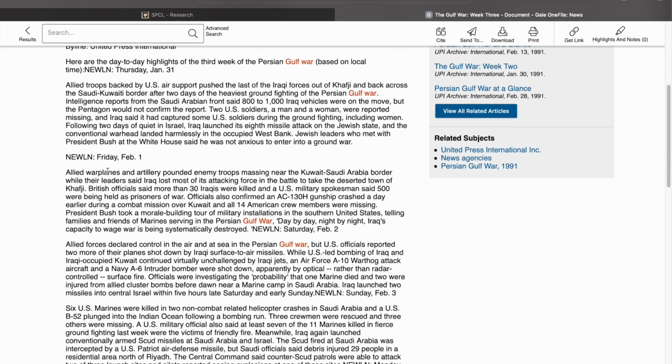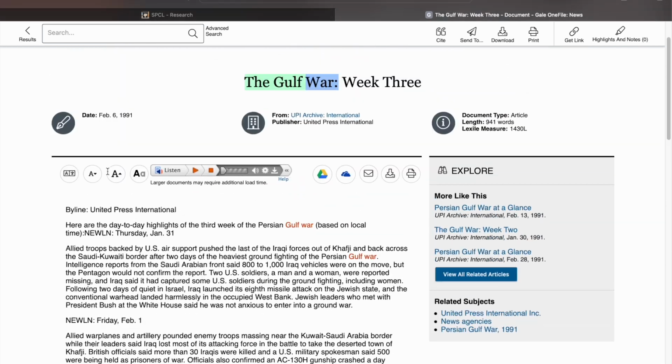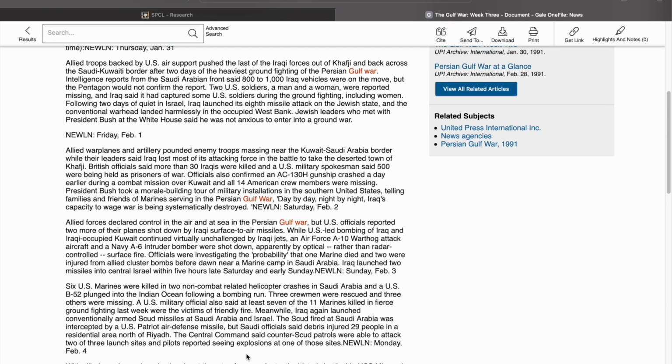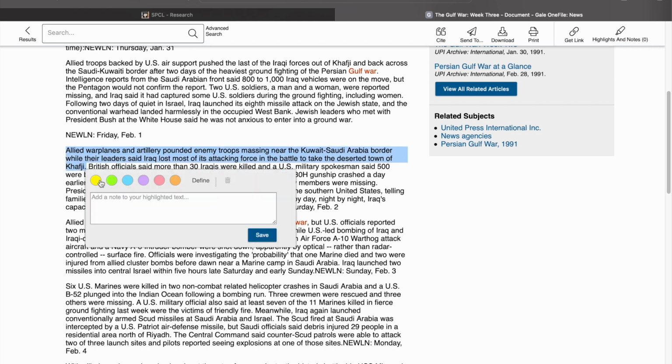Another nice thing about this article is that you can highlight in Gale. So for example, maybe you wanted to focus or you wanted to include this specific fact in your newspaper. If I click on it, I can actually automatically highlight it. I would say use this as a pull-out quote,